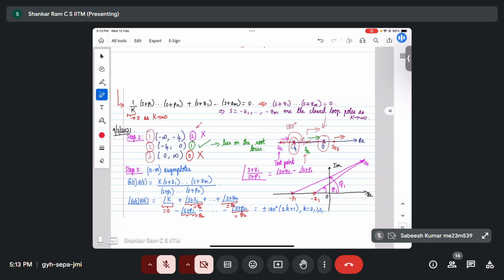What do you think will be the angle? It will be plus or minus 180. It doesn't matter. If you add them, we can immediately observe that we are going to get an odd multiple of 180. So now I hope this becomes even more clear on why we need an odd multiple. That is why the region between -4 and 0 essentially